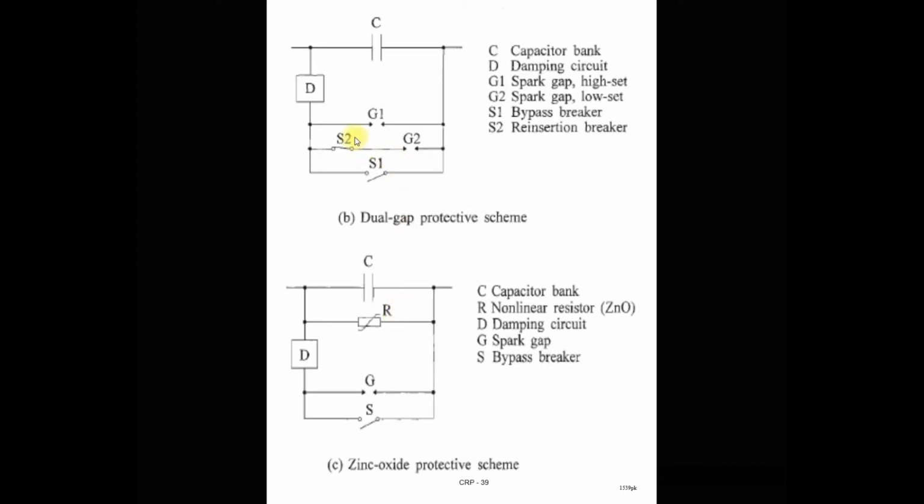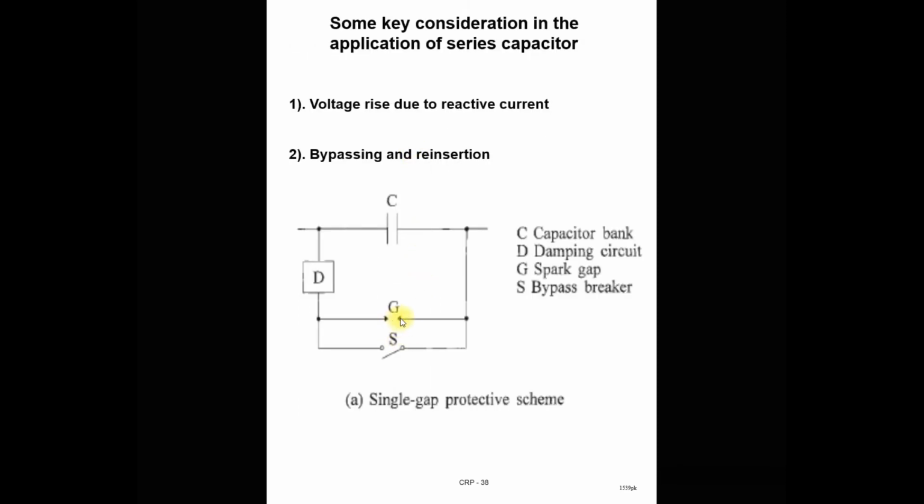So what will happen when a fault happens? The current flows through D, S2 and G2. Here the air gap in the spark gap G2 is small, so the deionization process of the spark gap is very fast as compared to a large gap. The spark gap of G1 is larger than the air gap of G2. So what will happen in this case? The air gap is large, so the deionization process takes too much time, and because of that, even after the fault is removed,